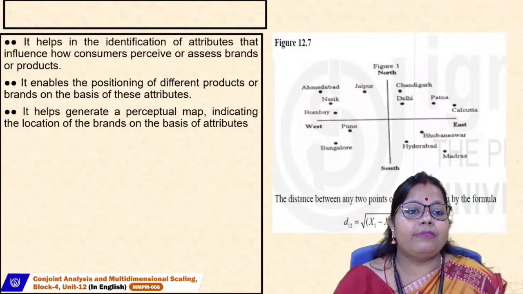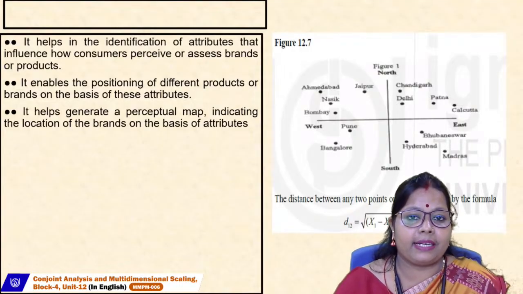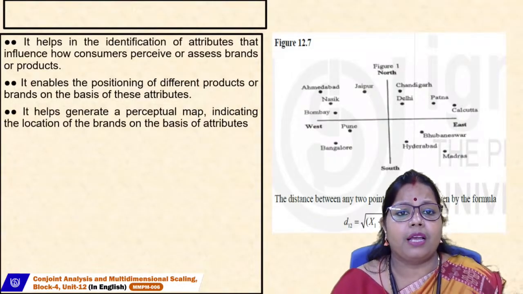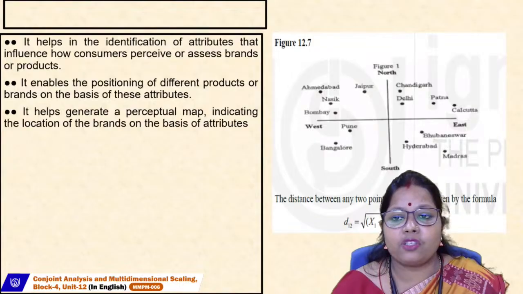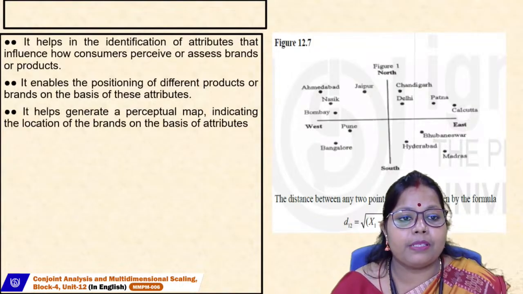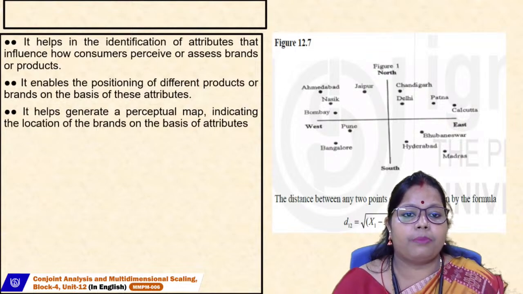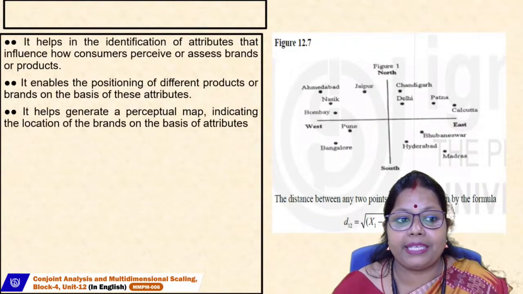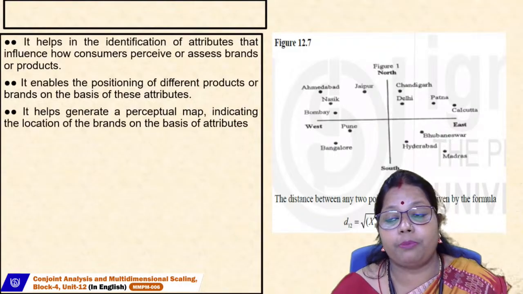It helps identify attributes that influence how consumers perceive or assess brands or products. Then it enables the positioning of different products or brands on the basis of these attributes. It also helps generate a perceptual map indicating the location of the brands on the basis of the